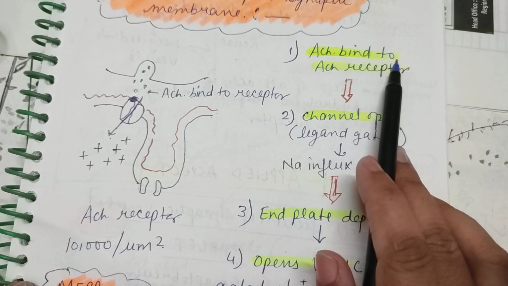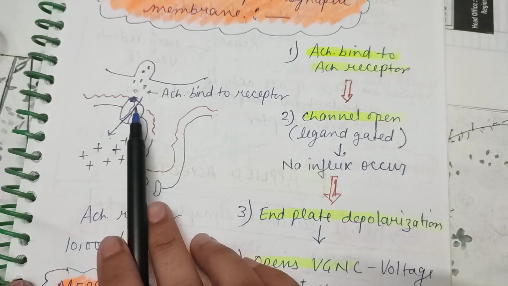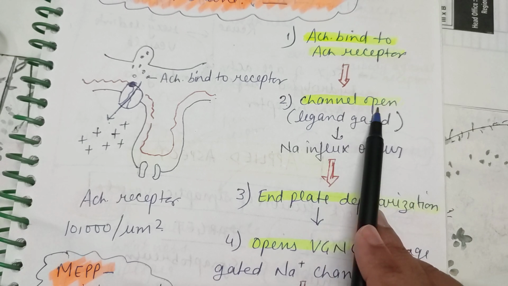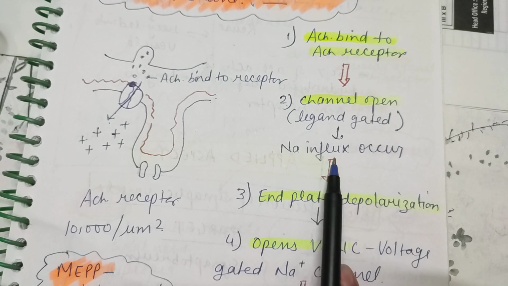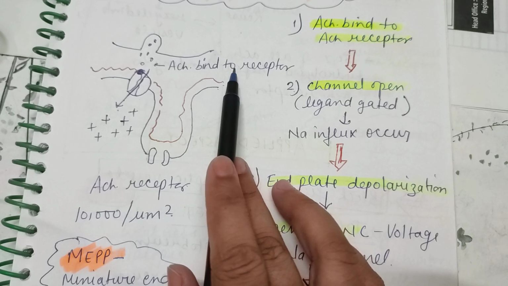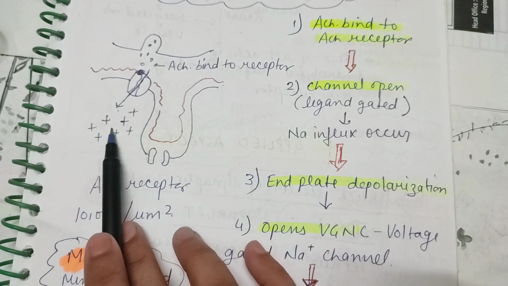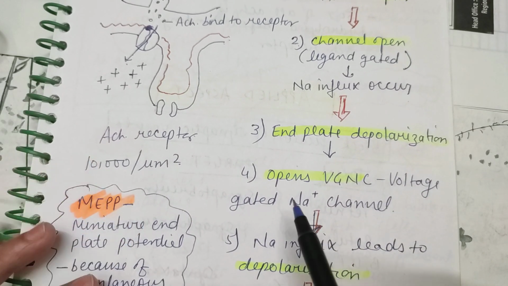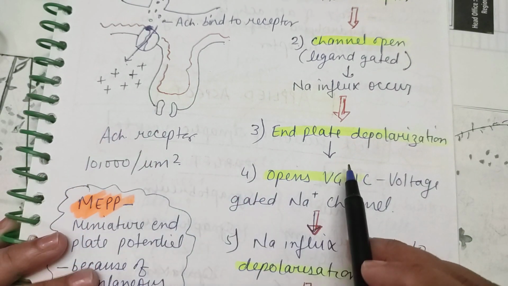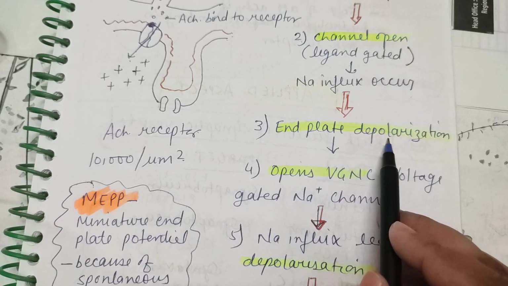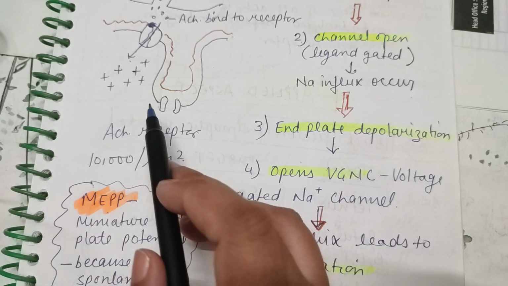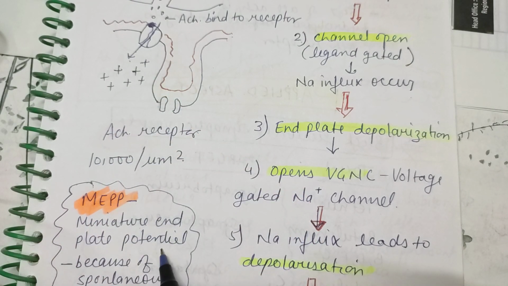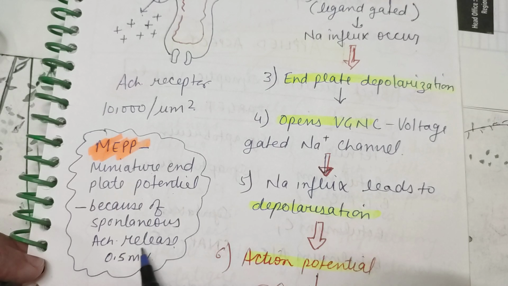So acetylcholine binds to acetylcholine receptors, which are the nicotinic type of receptor. Binding occurs, a conformation change leads to opening of the channel. So sodium influx occurs. We have sodium available outside here, so sodium will move from higher concentration to lower concentration. Whenever sodium influx occurs, the membrane becomes a bit positive. We call this end plate depolarization. Because of the positive charge entering here, miniature end plate potentials are caused, okay, because of spontaneous acetylcholine